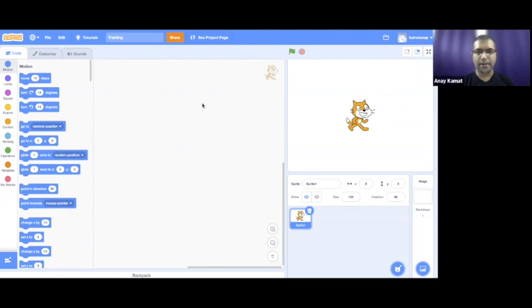As you can see, before we do anything, it is always considered a good habit to leave the workplace clean. And that is the reason we start with the concept of a clean slate. Now, what is a clean slate? Generally a Scratch program runs whenever we press the flag icon. But I might have moved the cat or a sprite anywhere I want. And if I start doing anything, it will start doing that particular task from its current position. That may not be very ideal to us. So we always want to say